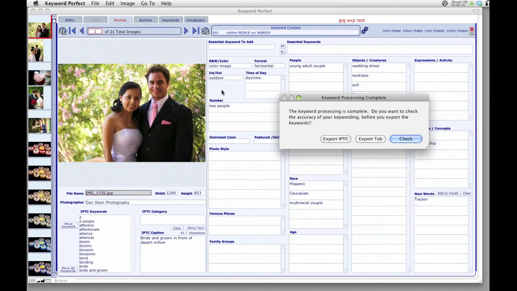I'm actually at the point just after processing where you now have the option to either do the checker, which is explained in tutorial number 11, or the export IPTC, direct embed, or export to a tab file. So right now I have a set of JPEG images, 21 JPEG images that have been keyworded and processed, and I'm going to show you the different ways that you'll be able to get this keyword information to be useful for you. So if we export first to a tab file,